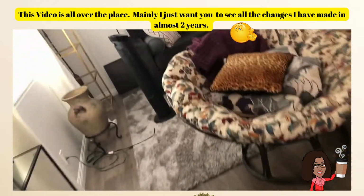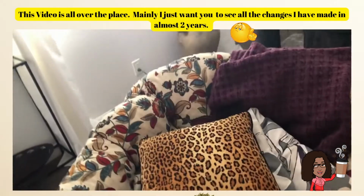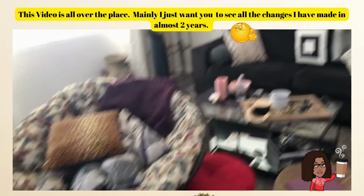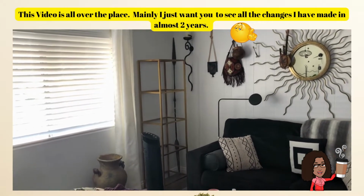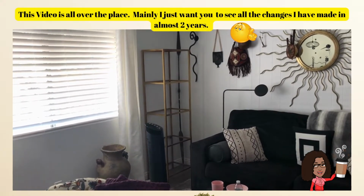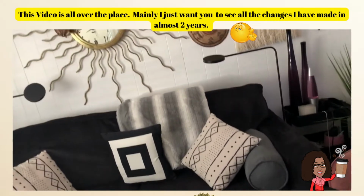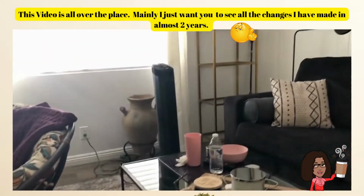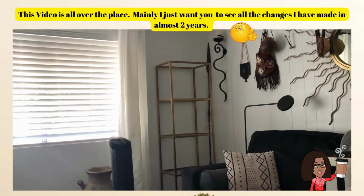But yeah, this papasan chair I'm trying to decide on now, because like I said, it's messing up my whole vision. So I'm not sure if I'm feeling that in that position yet. I thought about ordering one, but to get one here, I cannot go to IKEA. IKEA is 78 miles from me, and it's $129 to deliver another one. So